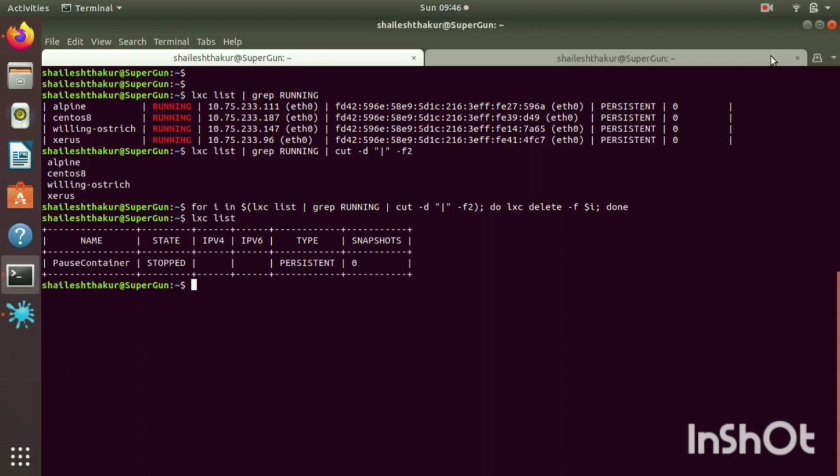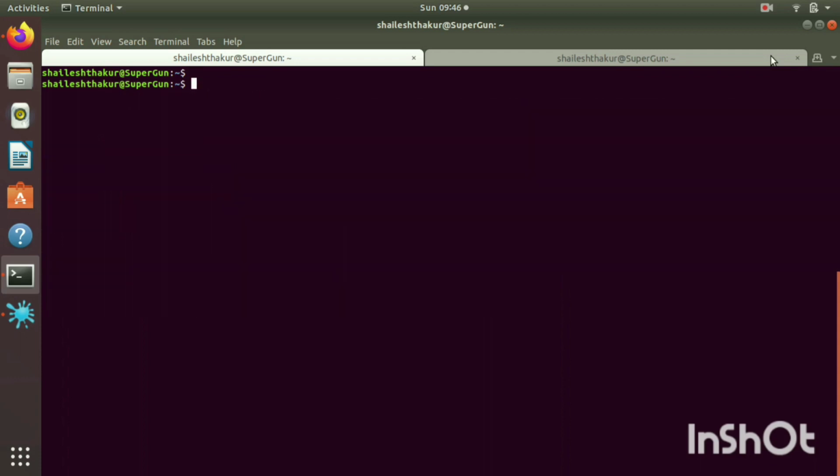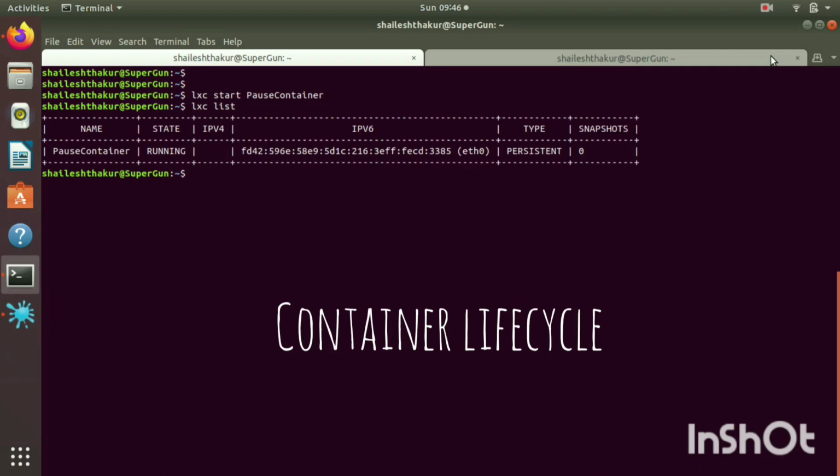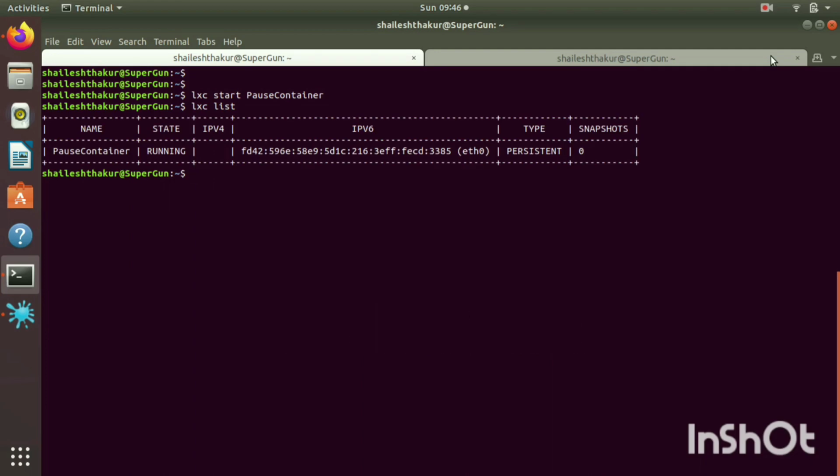So let's talk about the Linux container lifecycle. A container has a few lifecycle states. It is already in a stop state, so you do lxc start to start. You do lxc list and as you can see it is running. So what do you do to stop the container? As we already saw, you just do lxc stop and you have your container stopped. Stopping a container means it is releasing your IP, it is releasing your MAC address and also your resources.